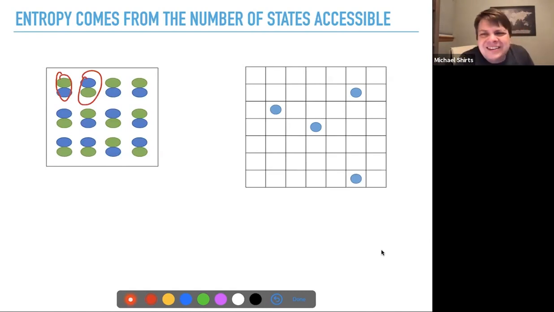Or if you think about an ideal gas, if you simplify it and think that you divide up space into little cubes, then to a decent approximation, each molecule at any given time is in its own cube. And so the number of states available for the molecules will be proportional to the number of cubes available. If it's an ideal gas, you don't really need to worry about them colliding into each other. So to a good approximation, if you double the volume, you have twice as many states available to be in.